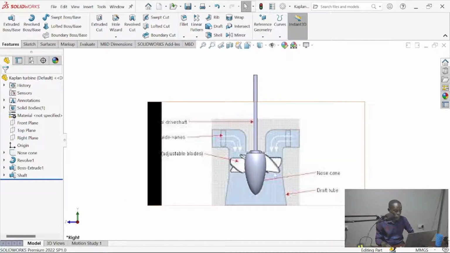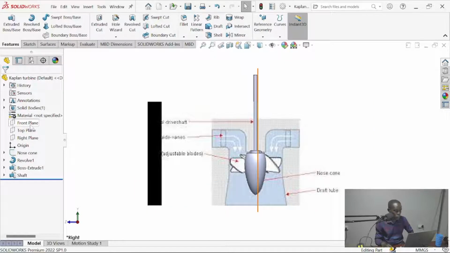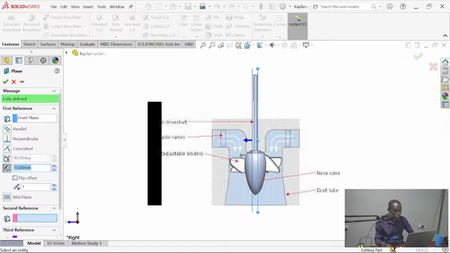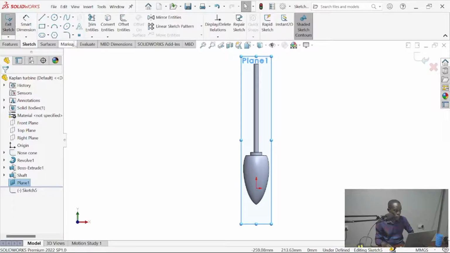Then now let's sketch the propeller. Alright, so this is the right plane, this top, and that's front plane. So we shall create another plane. Then we sketch on it.